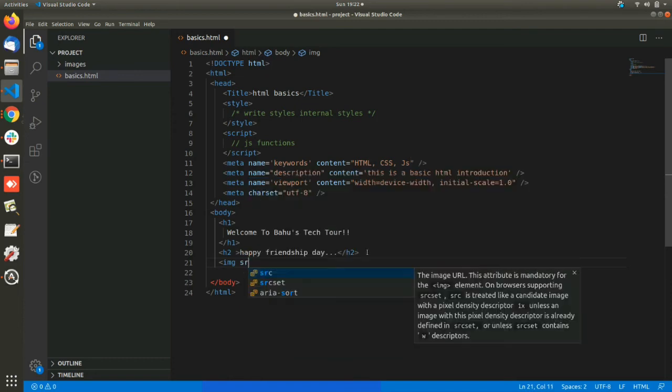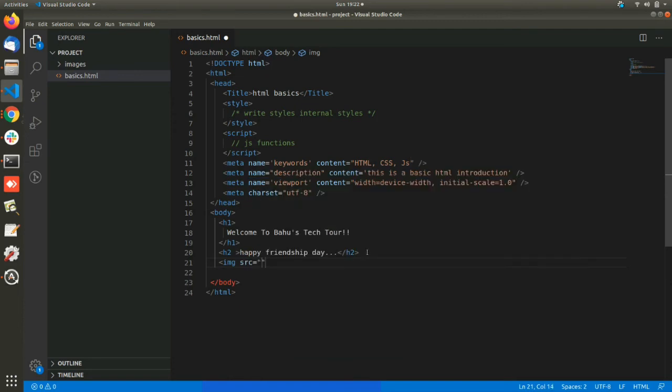That attribute is source. Source, dot slash images, I already have an images folder, 1.jpg. This source is the attribute for this image tag. In this attribute, we are giving the path of the image.